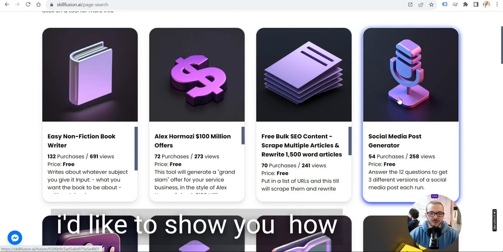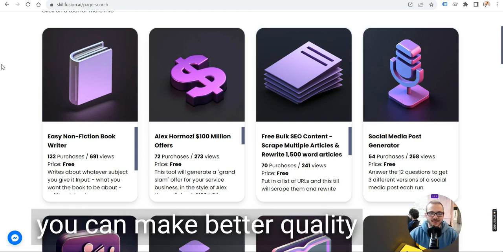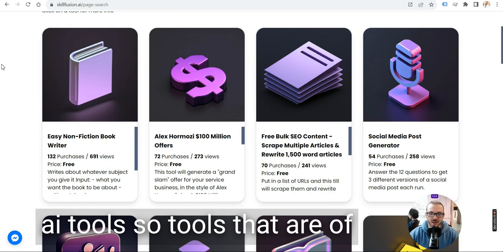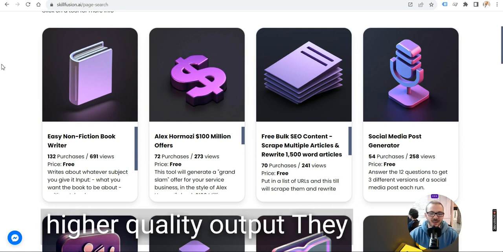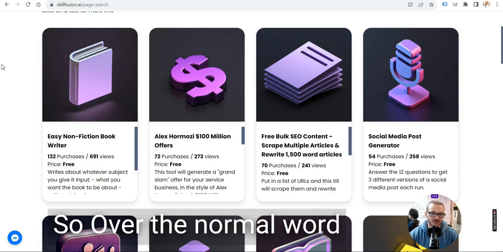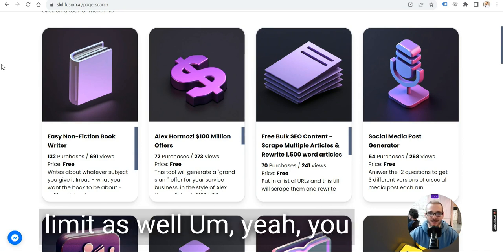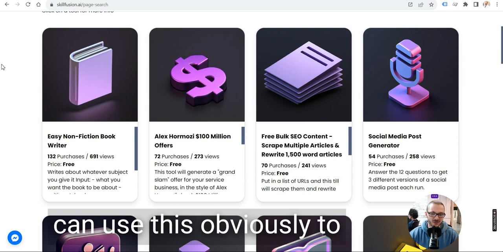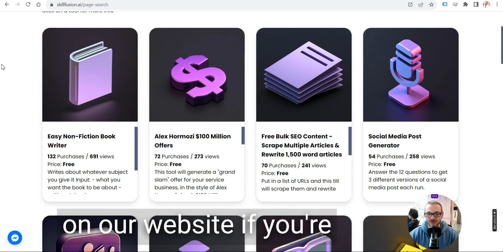I'd like to show you how you can make better quality AI tools. So tools that have higher quality output, they have more unique output and longer output as well. So over the normal word limits as well. And you can use this obviously to make better tools to publish on our website if you're interested, or just